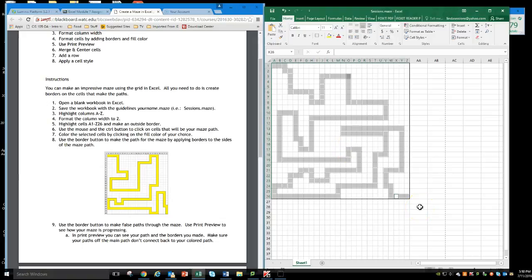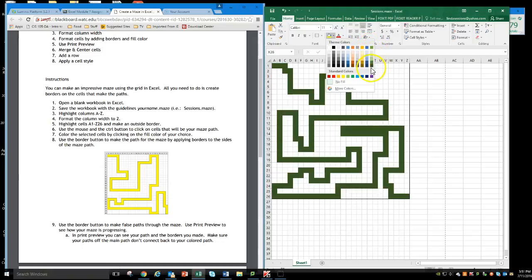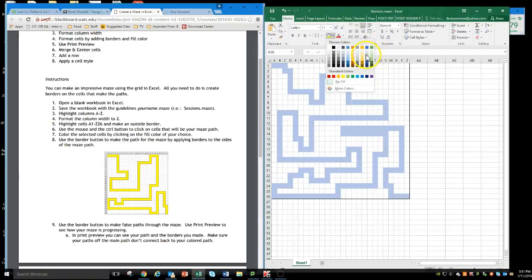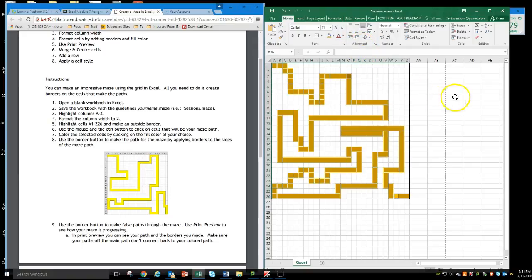And so once you have your path figured out for your maze, you're going to come up here in the font grouping and you're going to fill. Now it doesn't matter what color you use. You can just use the yellow here, or if you like green or blue, whatever you want. I would just make it a kind of a dark color so you can see it. And now you can click off of it, and so now you have your path outlined in with the yellow. It's like you've put down your paving stones over your path. So now you might want to go ahead and save it,